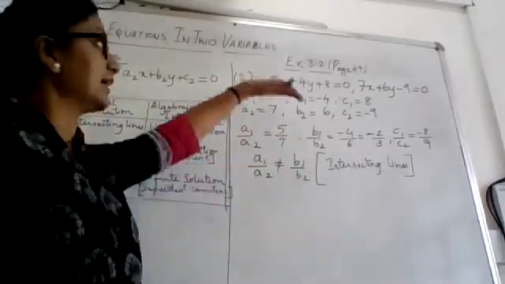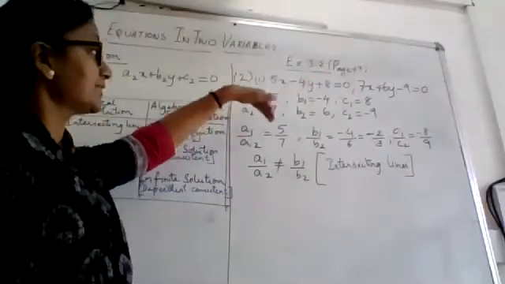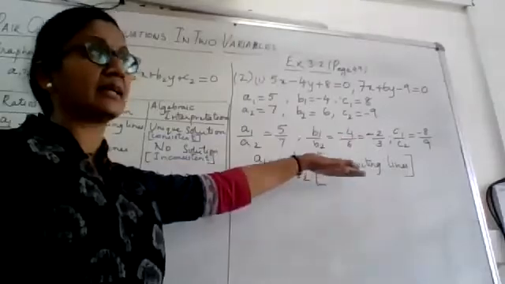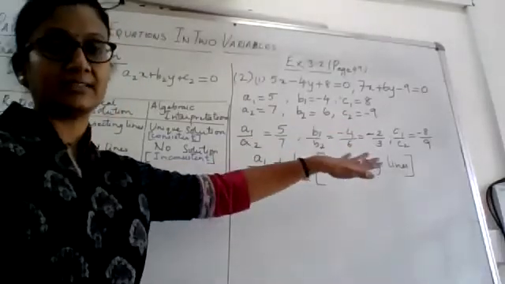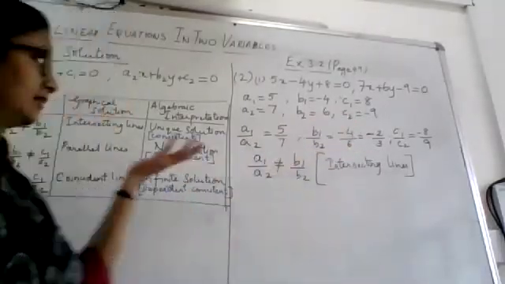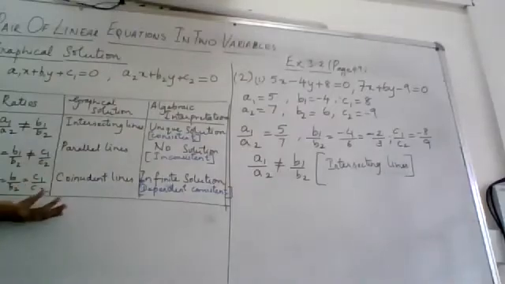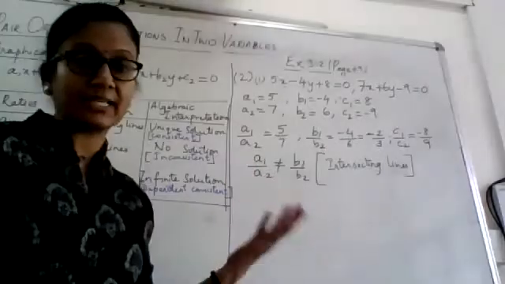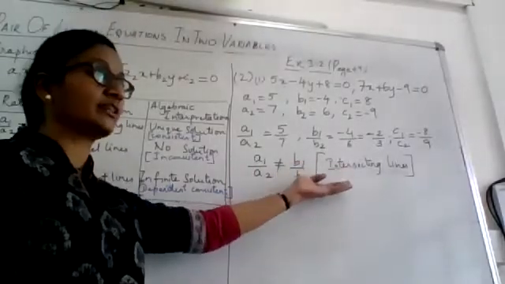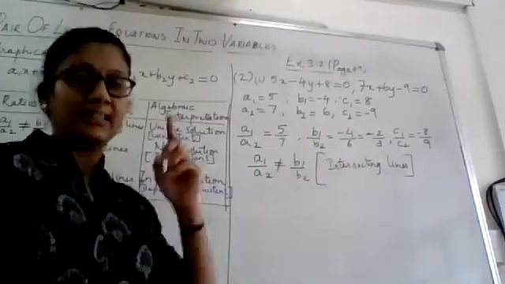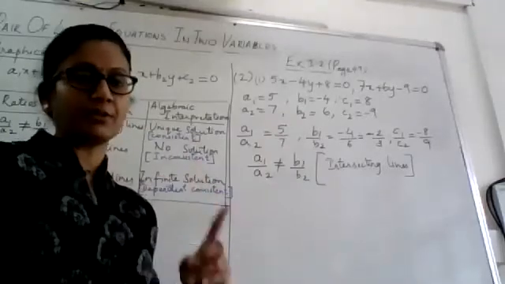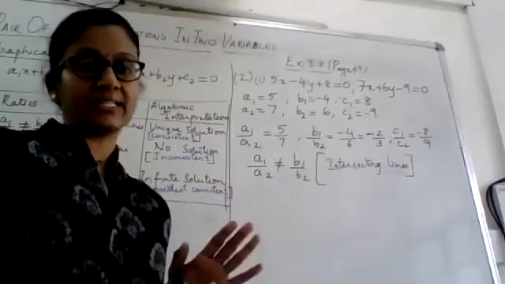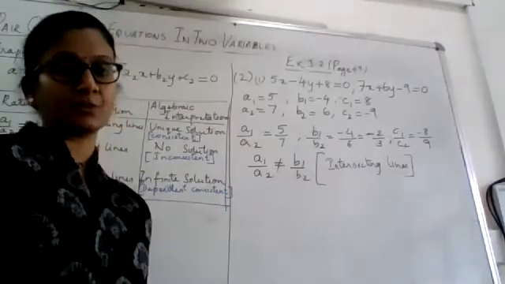Alright, so whenever you get a set of equations, first find out whether you're going to get intersecting lines, parallel lines, or coincident lines. And how do you decide this? Using this table. That's why I put the table also. So first satisfy yourself before you take the graph. If you are very sure it is going to be intersecting lines, then you must show the point of intersection on the graph. Such should be your scale taken and the ordered pairs that you're going to decide.